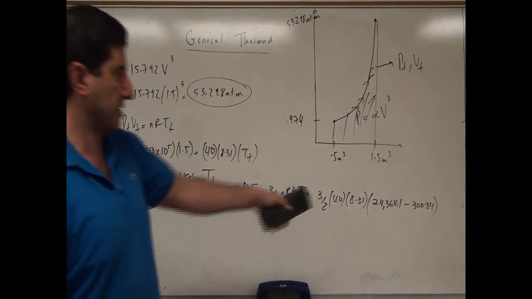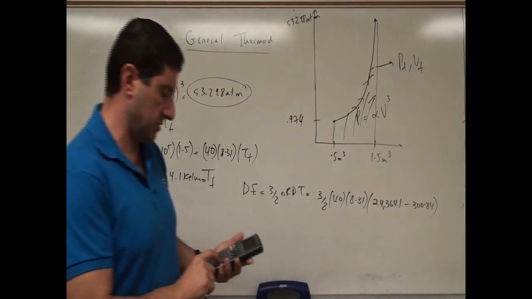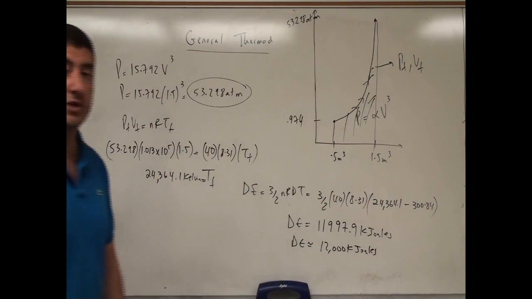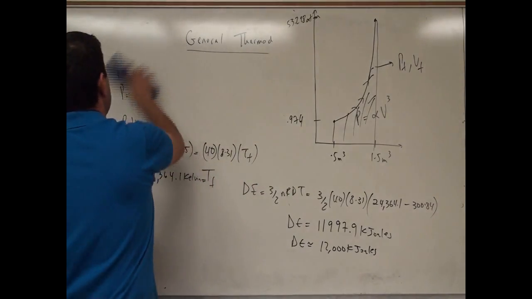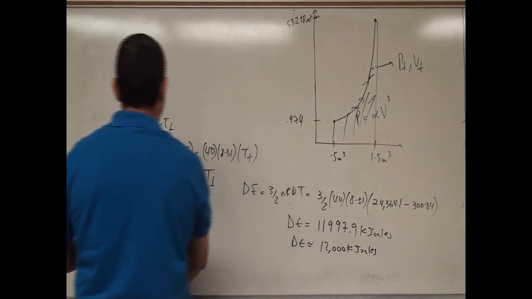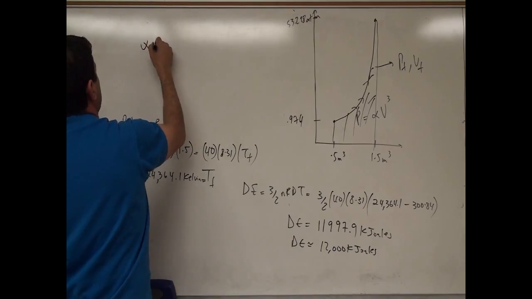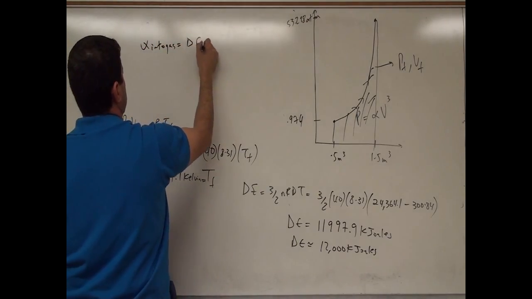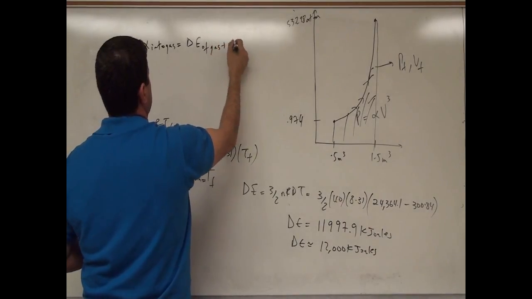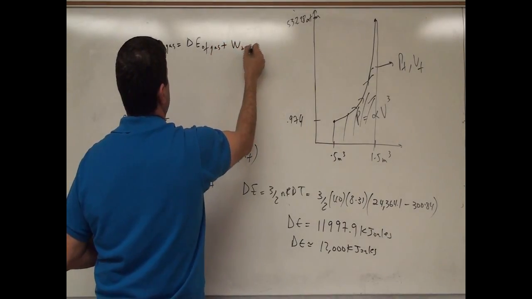So then you subtract the initial temperature from that, okay? So then we can calculate how much heat is coming into the gas, right? So we say here, heat into gas equals to change in internal energy of gas plus the work done by gas,